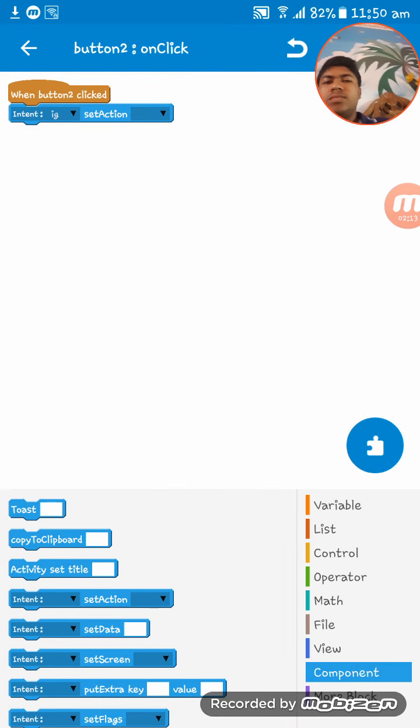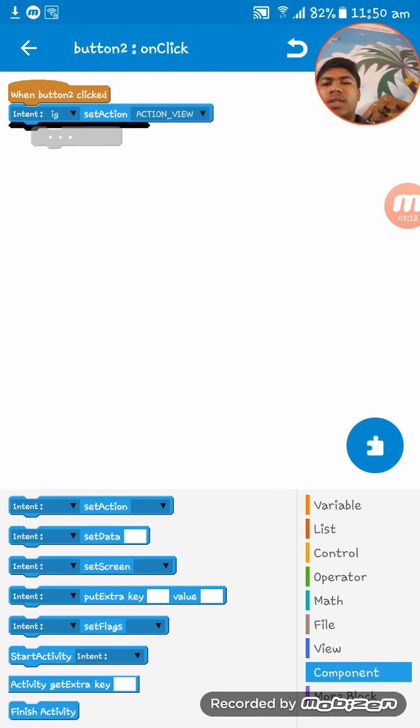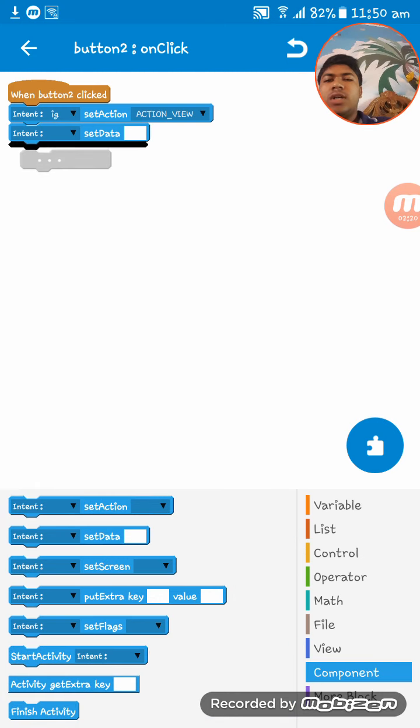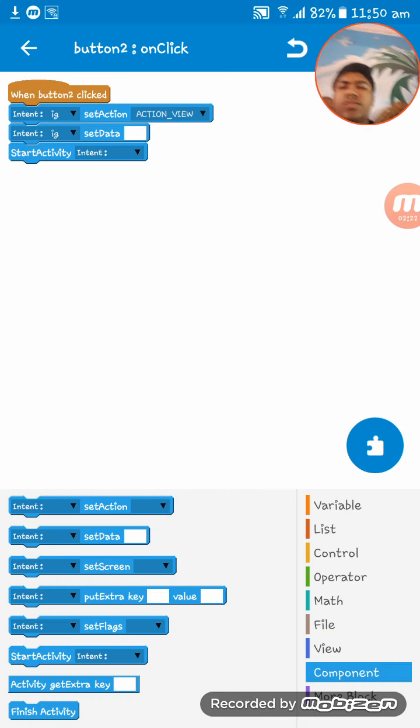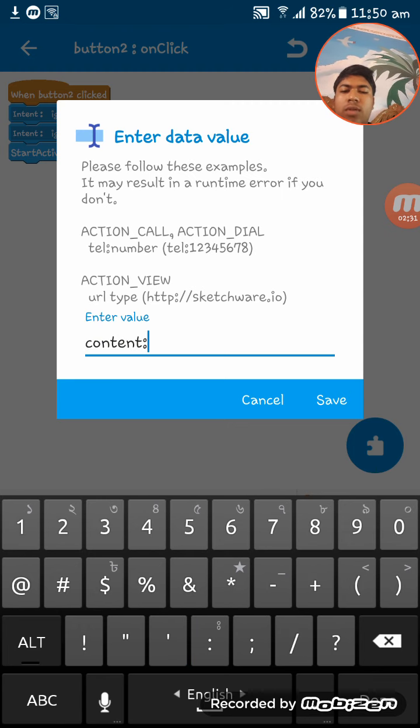Okay, now button 2 on click, that means the open gallery button on click, intent, set action, IG, action view, set data and start activity. Set here content colon double slash